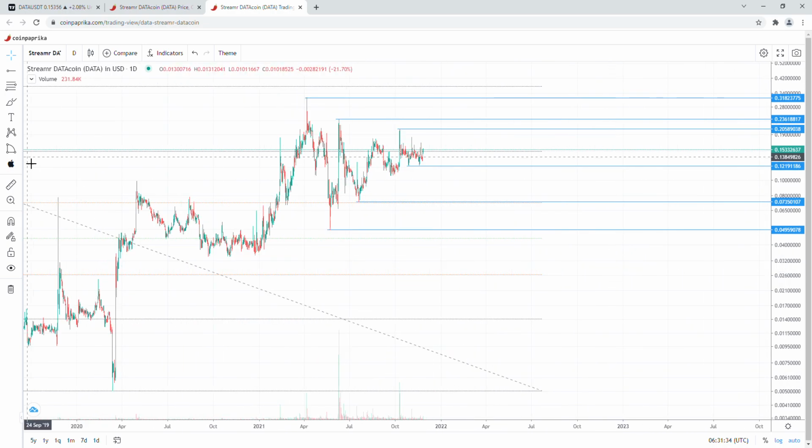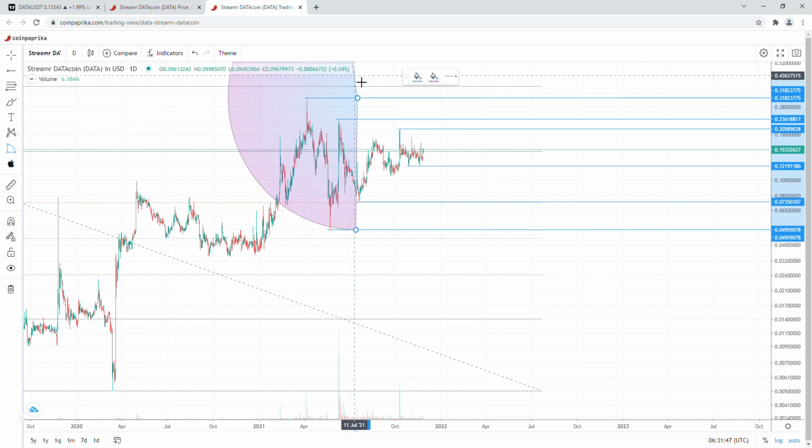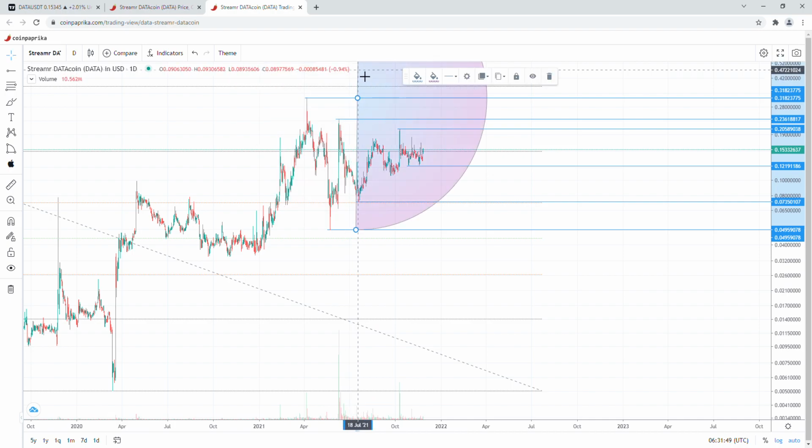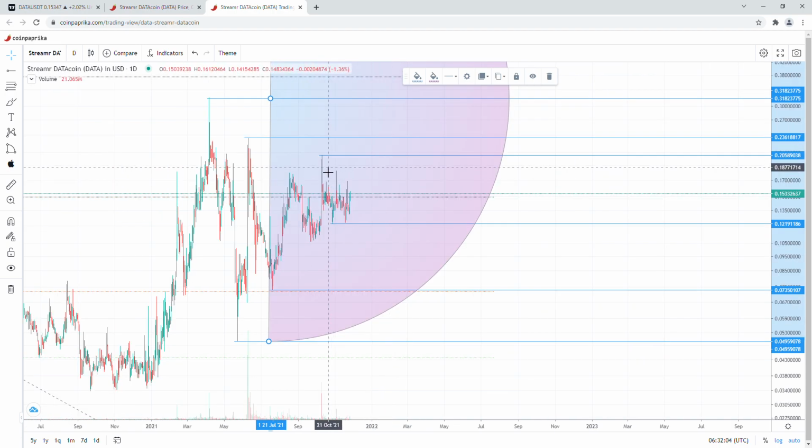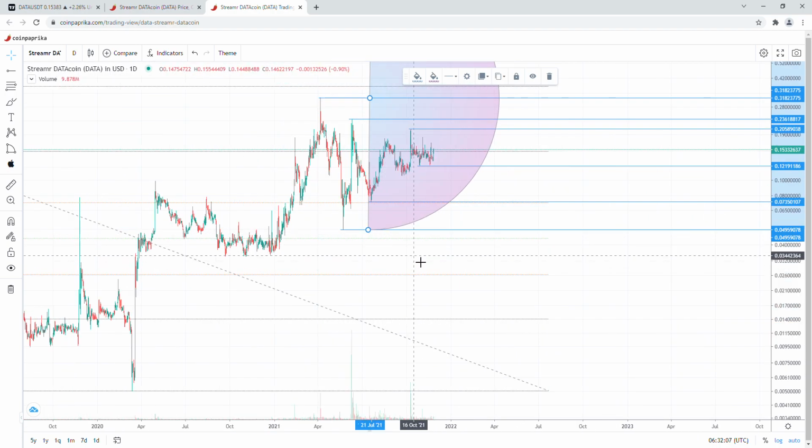So why is it exciting? Because we have this bullish continuation pattern, which let's say is more short term, but it's not really short term because it's from April 2021 till now. So we're talking about 9 months of data here, not 9 months of the coin, 9 months of information. So really a tightening bullish continuation pattern,